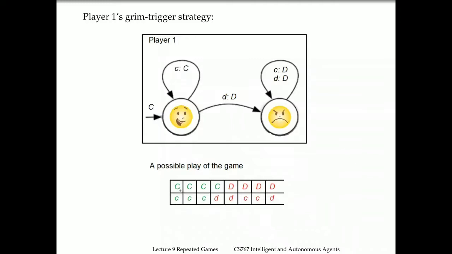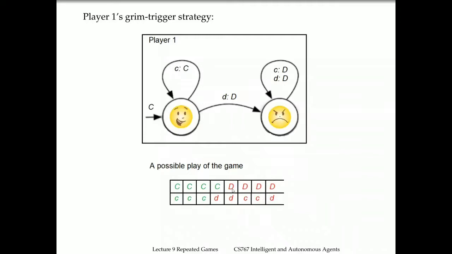So initially, suppose they both play C. Of course, being consistent with the strategy, player 1 will start with C. So it has CC, CC, CC, and then suppose at that moment player 2 for some reason switches to action D, then at this iteration, player 1 sees that, okay, player 2 now betrays me,